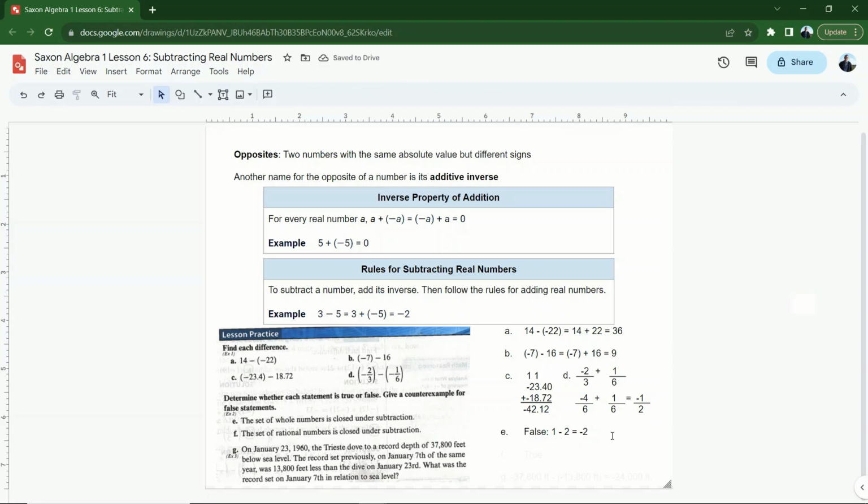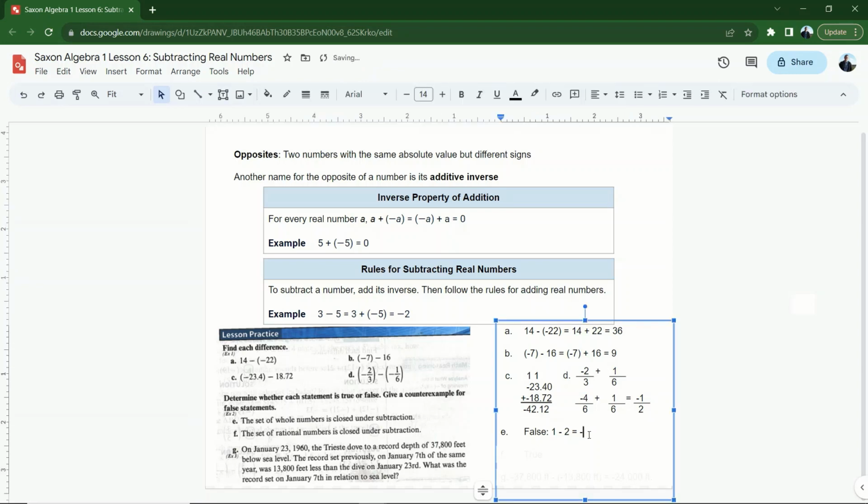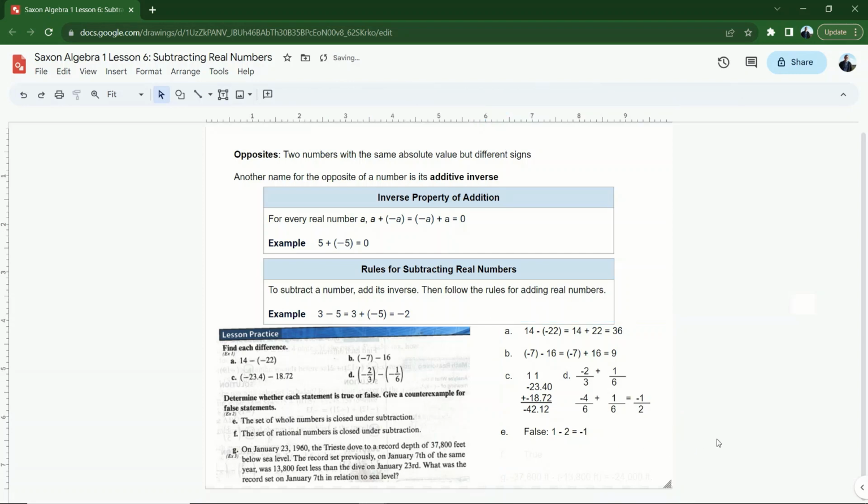The simplest example is just 1 minus 2. 1 is a whole number, 2 is a whole number, but when I subtract them, I get a number that's not a whole number, negative 1. So therefore that's false. However, the second one, the set of rational numbers, I can't subtract two rational numbers and